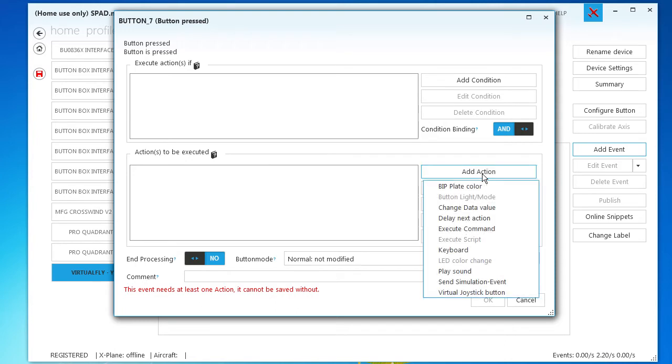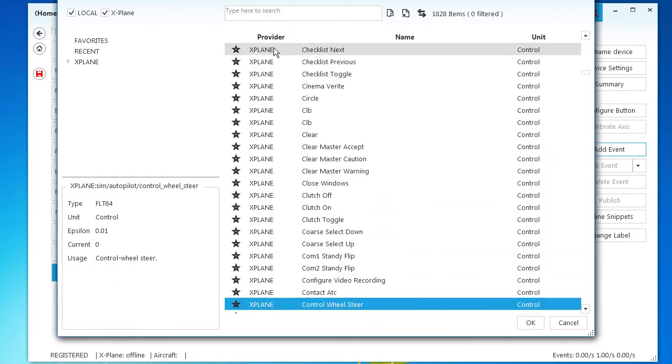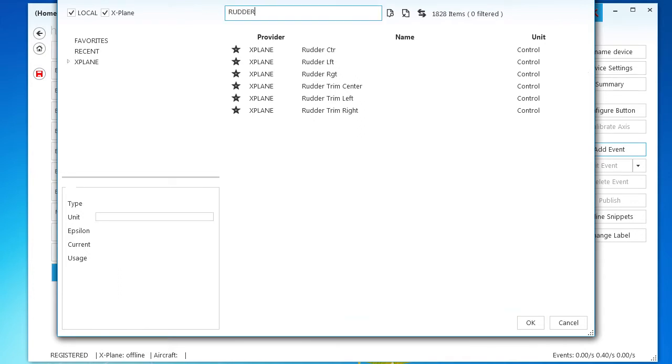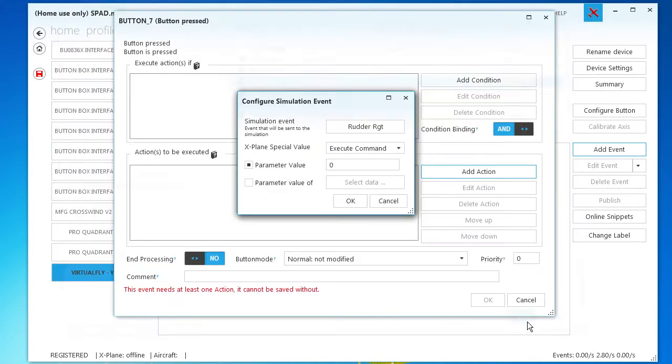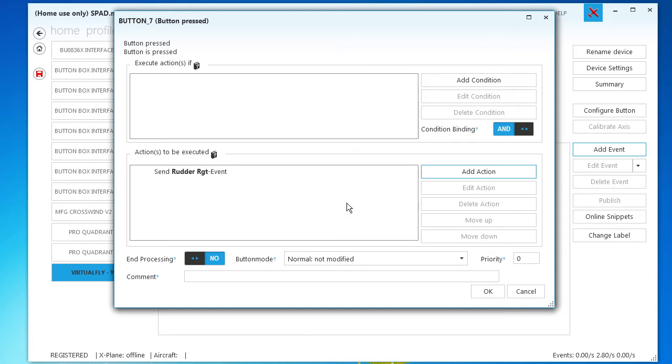If we go add action, we can choose lots of different kinds of actions. The two things that are most of interest generally are simulation event and change data value. Pretty much those two options are the same as what you can select in FSX with something like FSUIPC or LINDA. So let's do a simulation event, and we'll see if we can find one that's about rudder trim. If I type in rudder, you can filter this list. Rudder center, left, right. So we go rudder right. That's probably going to do what we need. So if we go OK, and then OK, and then OK,